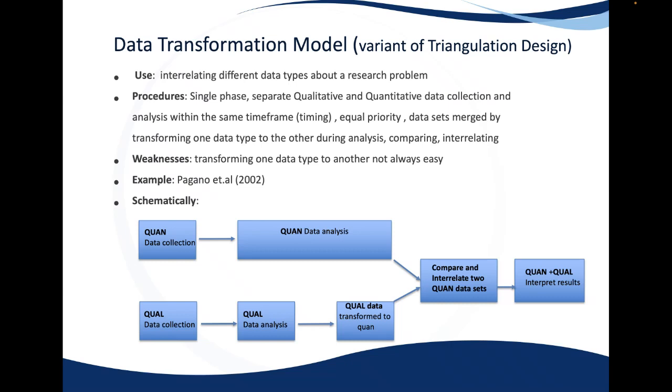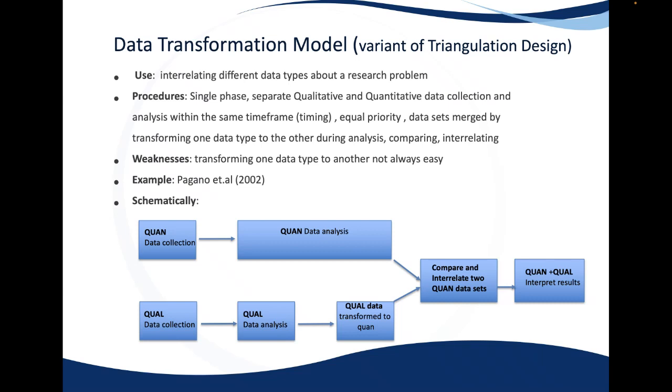But that transformation is always difficult, eh? The transformation of data from one type of approach to another is always difficult. So sometimes when you have qualitative data and you want to transform it into quantitative data, people will have particular methods of analysis. For example, there's something called content analysis. And content analysis is a form of qualitative data analysis, but it is interested in counting the number of times